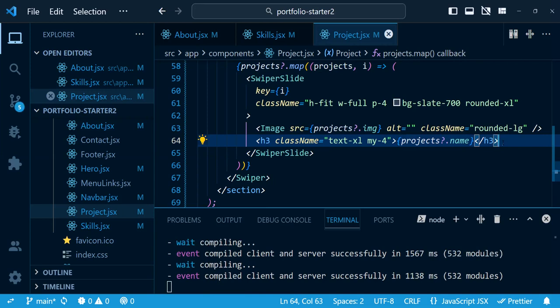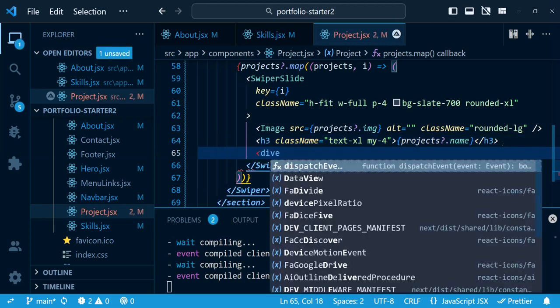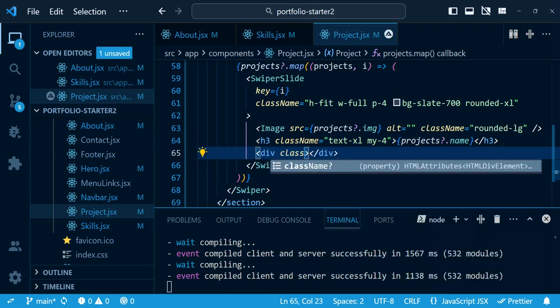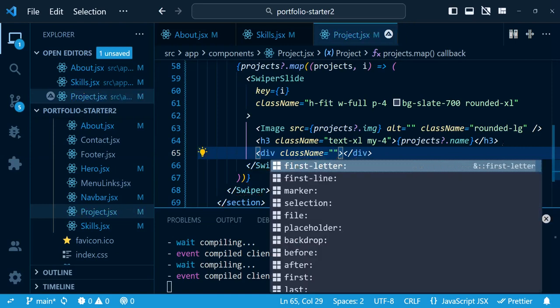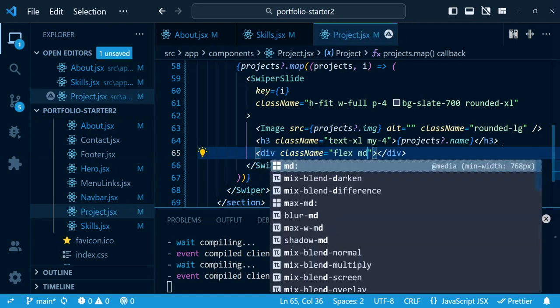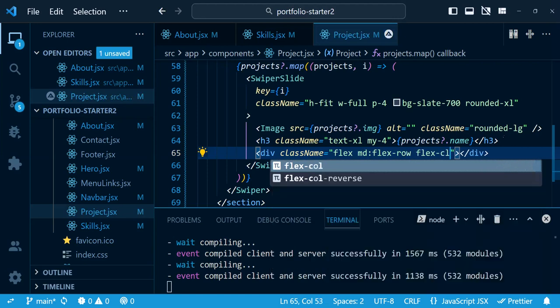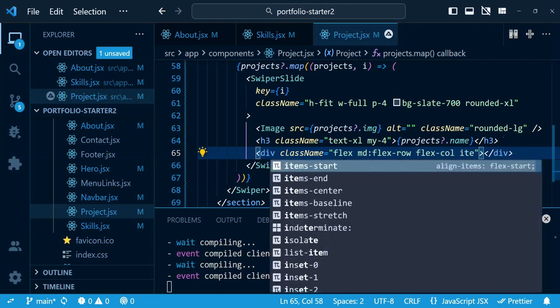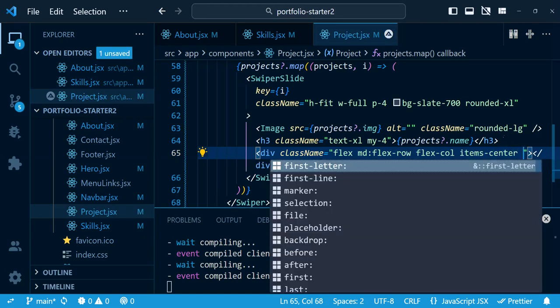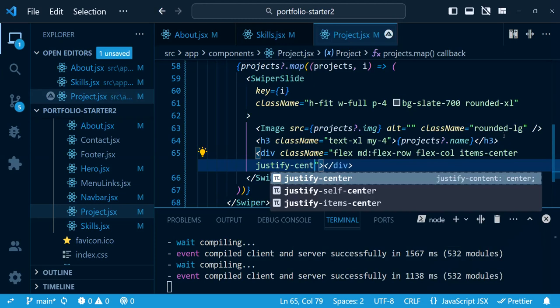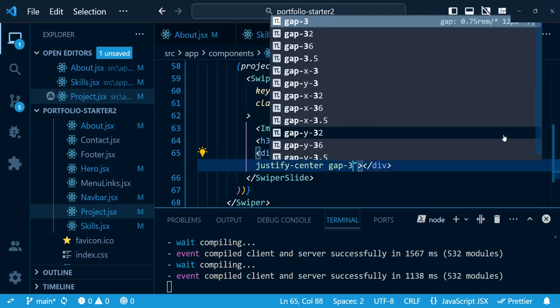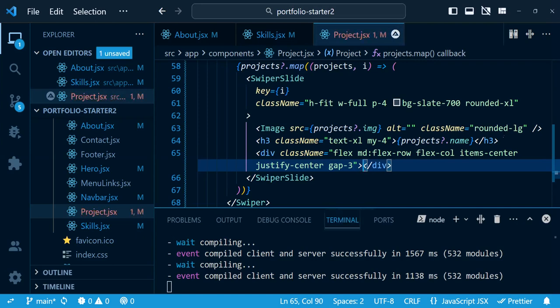Now after h3 let's render the links. There are two links, the GitHub link and the live demo link. So first let's give another div element, and let's give a className to this again, and let's give a flex. Let's give flex of row and a flex of column on the mobile screen, and items center, justify center, and gap of 3,